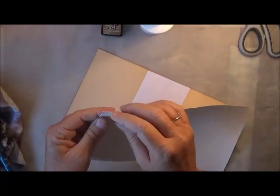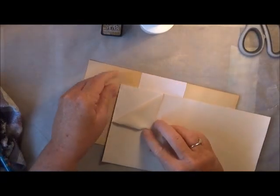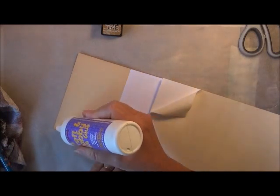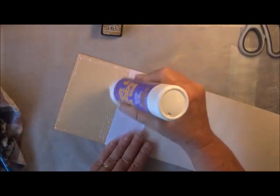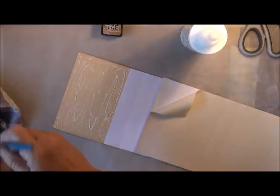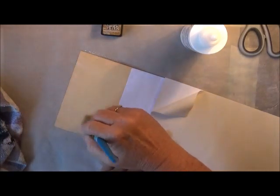now I know that it's adhesive, it's got a sticky back on it, but I do want a little bit more adhesion to it, so I'm going to just put some of my glue down here, and I do this in parts. So I've got glue there, and I've just got my paintbrush, and I'm just going to take the lumpy bits out. So I'm just going to smooth that glue all around